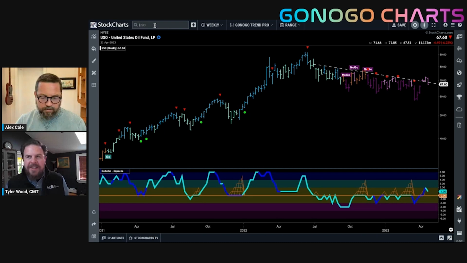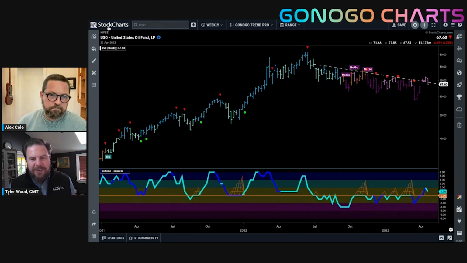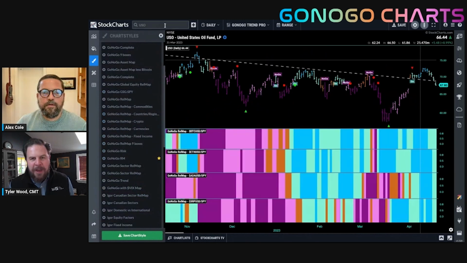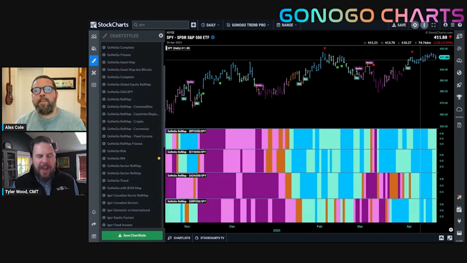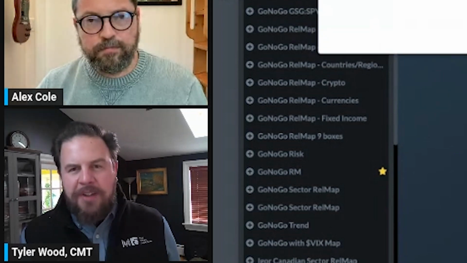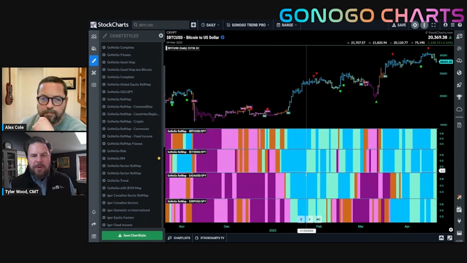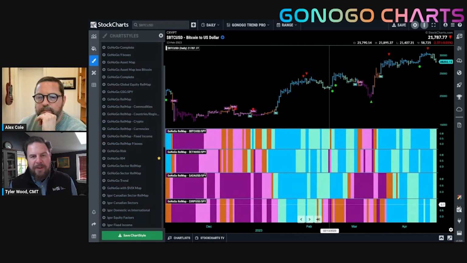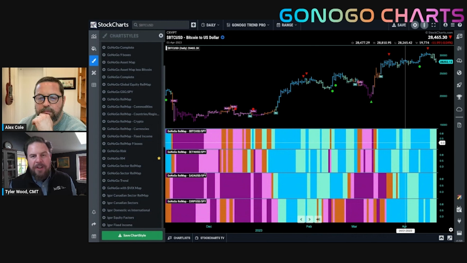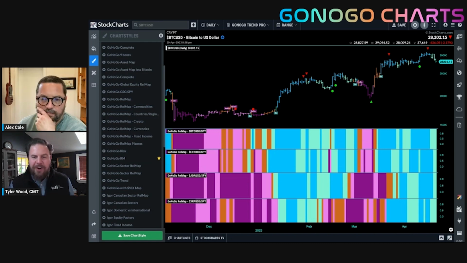Alex, let's move on and take a look at our crypto rel map. Now, we're big fans of referring to 5 asset classes here at GoNoGo Charts: bonds, stocks, commodities, currencies, and also digital assets. We've been looking at this the last few weeks, both in terms of an absolute trend, but also the relative strength of cryptocurrencies against a basket of equities like the S&P 500. Here we're looking at the relative ratio of each of the 4 largest by market cap cryptocurrencies against the performance of the S&P 500. This chart is showing us that Bitcoin, Ethereum, Cardano, and Ripple are all steadily outperforming the S&P 500. Is that correct, Alex?